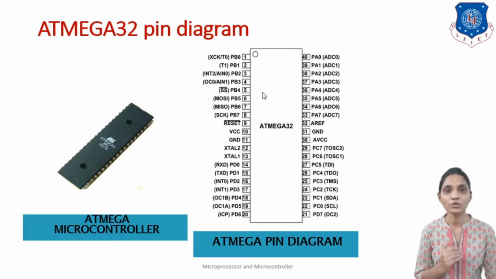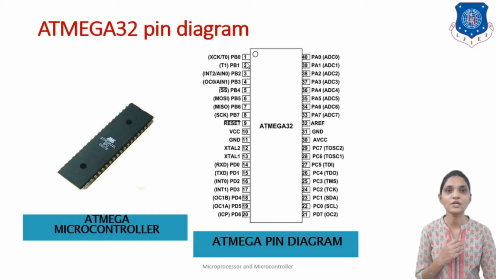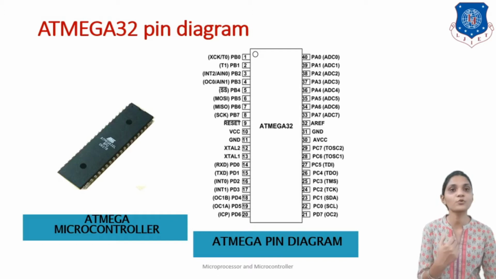You can see we have a total of 4 ports, that are port A, B, C and D, and then some other pins. Port B is 8 bits, so we have pins PB0, PB1, PB2 up to PB7. Almost all ports have dual functionality, so they work as input output ports and also have some other function that we will see in the description. Port B is from pin number 1 to pin number 8, then it is reset, VCC, ground, XTAL2 and XTAL1. Here we connect the crystal for frequency generation, or for providing the clock.